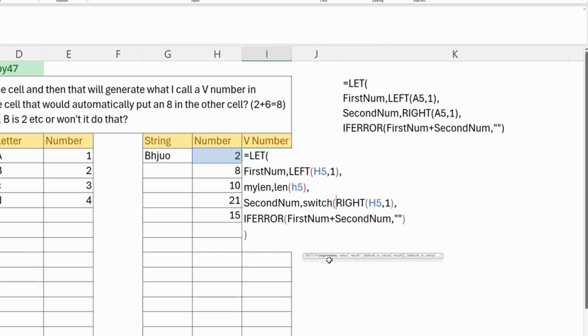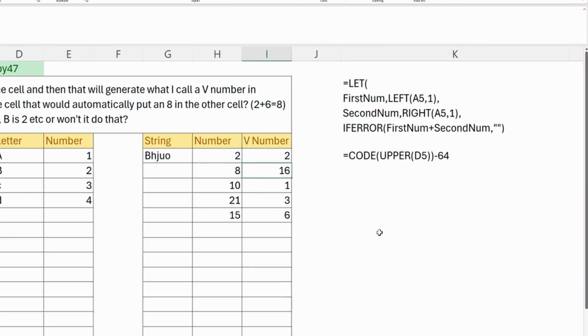The expression is going to be my LEN, comma, if it equals 2, then we'll do this calculation. If it equals 1, then it's going to be 0. I then close the bracket on my switch, and now if I do return,